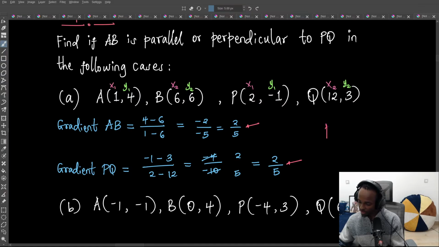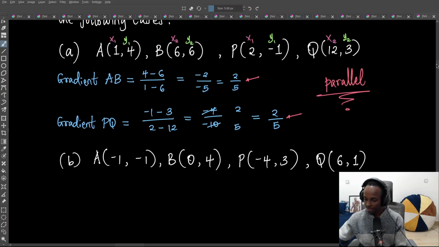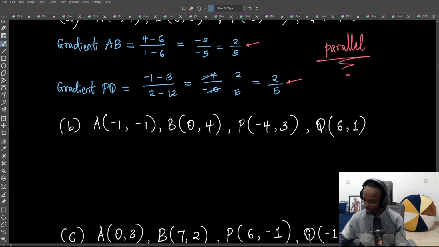So let's just write here. The two lines are parallel. Sorry. Then let's check for part B. So we do the same thing. So again, we are going to find